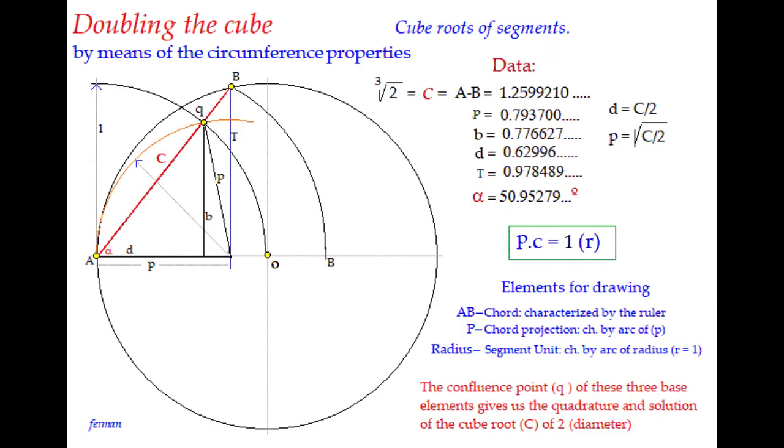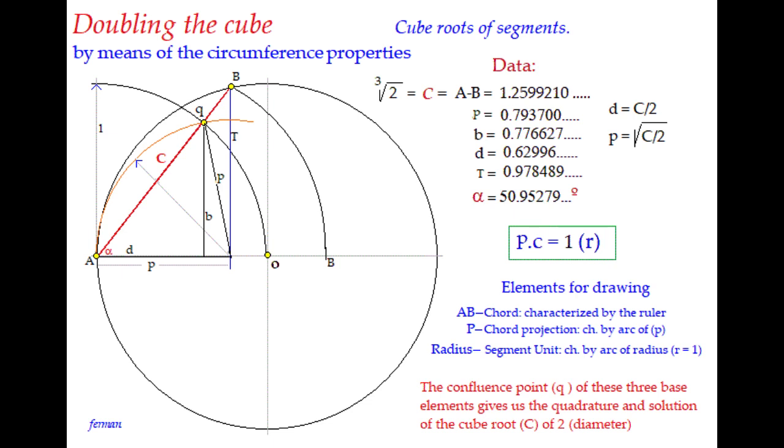And now we go to doubling the cube to get the cube root of 2. To double the cube, it is very convenient to use a compass with 2 very fine needles to be able to fix it well to the paper so that it does not slip in the measurements and turns. To double the cube, we have the following parameters. 1. Firstly, the radius equals 1 of the circumference and its diameter 2, whose cube root that we seek is